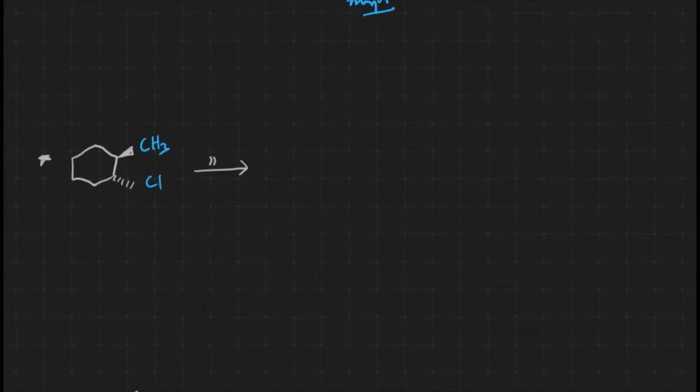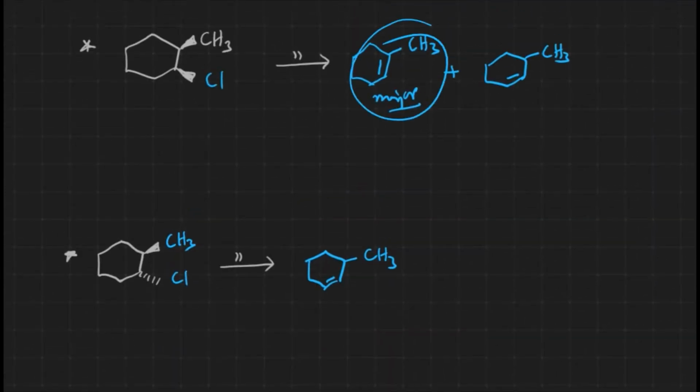We'll get only one single product over here with the trans. What is this? Chloromethyl cyclohexane. We'll get only one product over there. This is this one. There is no possibility of this kind of product in this particular reaction. Why is it not possible? Let us see, by taking cyclohexane in a chair form.